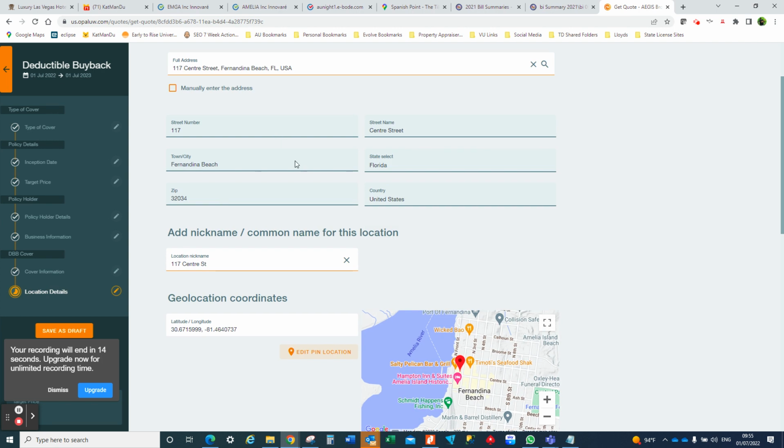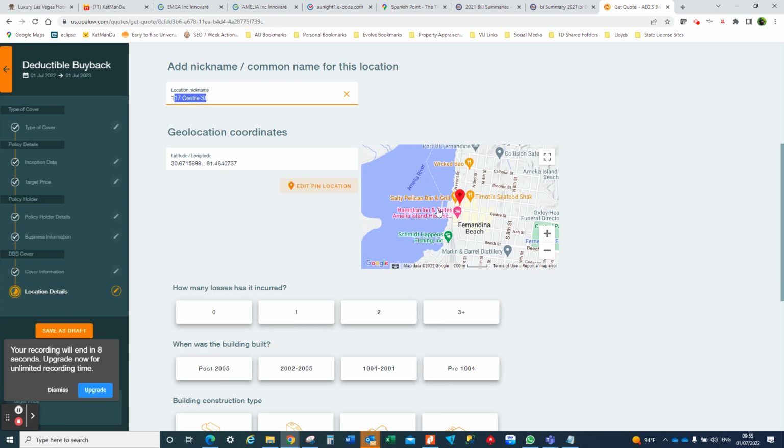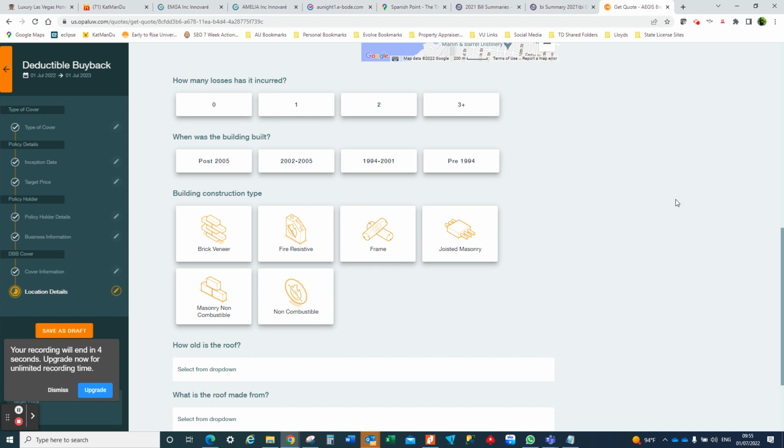So again, it populates this thing. You can add a name location, which is kind of what we do in our systems as well. It maps it, kind of like the map risk stuff. Now it asks these underwriting questions, which will help formulate the rate. And this is on a